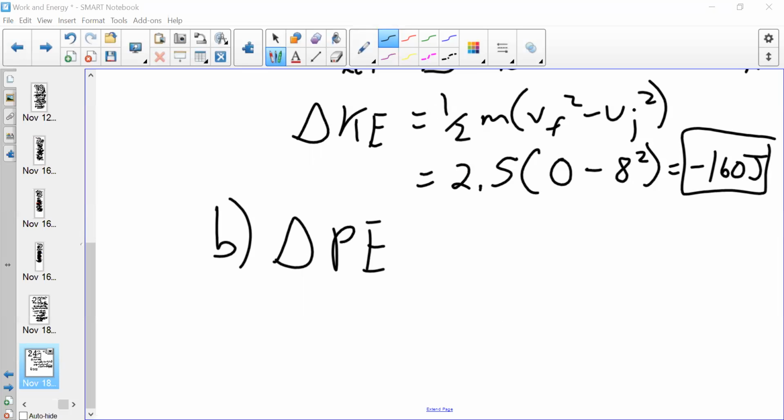Thanks, Nicole. It is mgh. So the change in potential energy is going to be mg delta h or delta y because it's a height. So I want to get the change. Therefore,